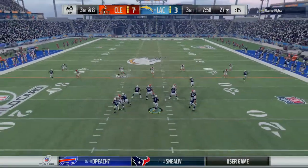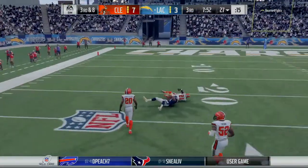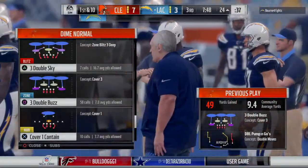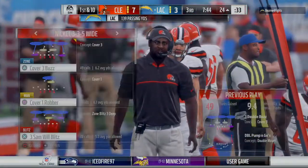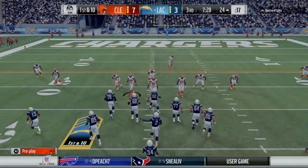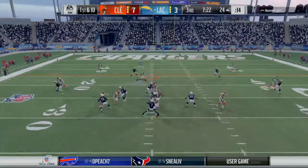Here's Ryan. He's going to look for Allen now on the deep ball. And that's caught inside the 30. A big play there for the Chargers. 49 yards. And at this stage, down in the second half, looks like they just wanted to find a way to get it in the hands of their playmaker, and they did. I think you're exactly right. I don't think the coordinator's looking at his play sheet and trying to figure out which play will work well. He's trying to figure out how to get the ball to the...